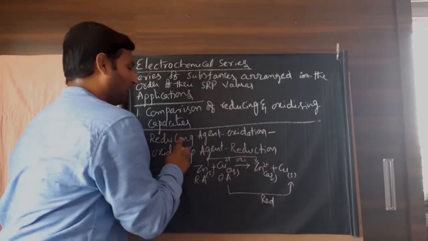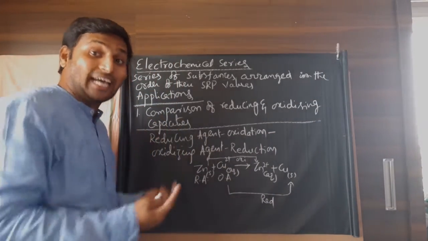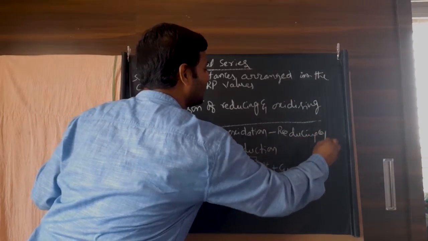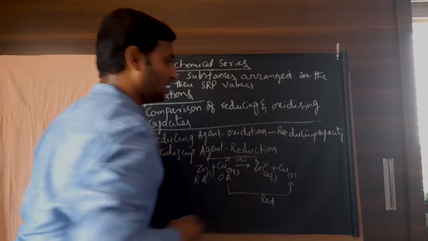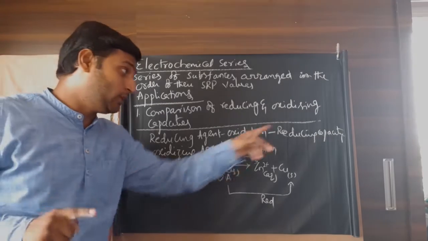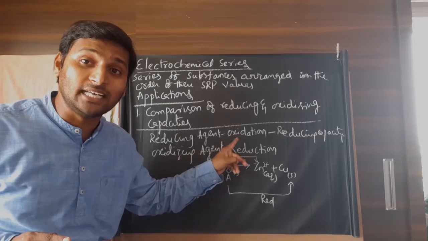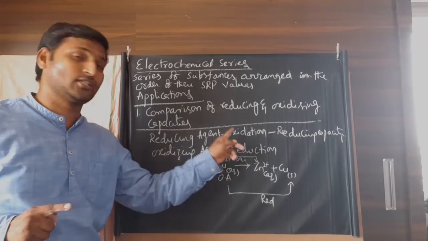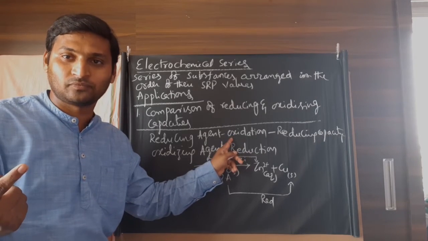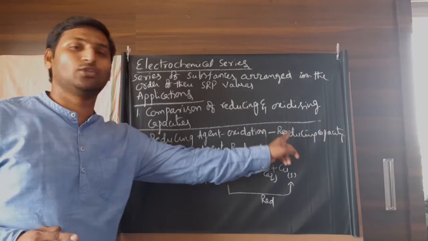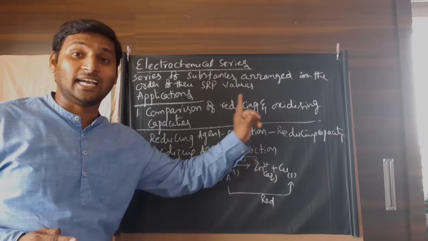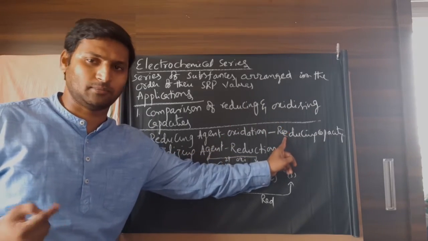the capacity of a reducing agent to act as a reducing agent is called its reducing capacity. So please understand, no fallacy. Reducing capacity does not mean capacity to undergo reduction. Reducing capacity means the capacity to undergo oxidation, because to act as a reducing agent, it has to undergo oxidation. The one which readily undergoes oxidation is a good reducing agent. Then its reducing capacity is high. So, greater the tendency for oxidation, greater the reducing capacity of the element or the substance.